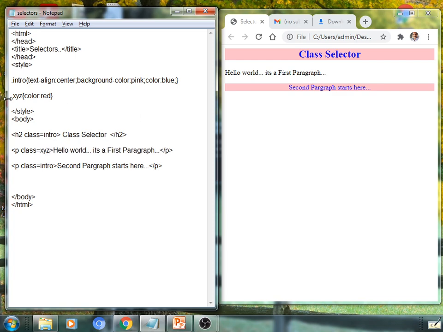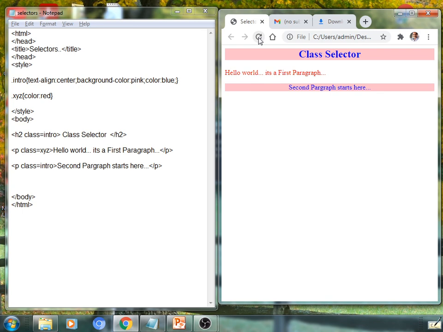So such an XYZ class holds text color as red. So such text should be displayed in red color, as I have applied in this paragraph tag. See here what effects will be applied, check it out. It is displayed in red. Are you getting it? This one line of the first paragraph is displayed in red color.